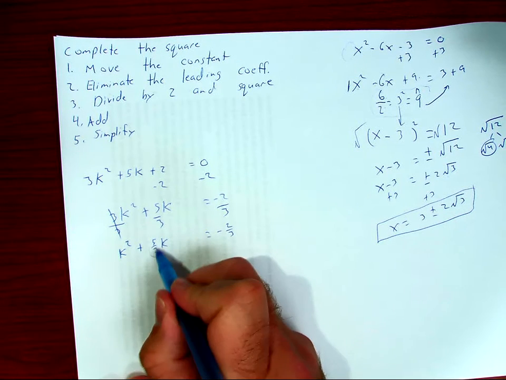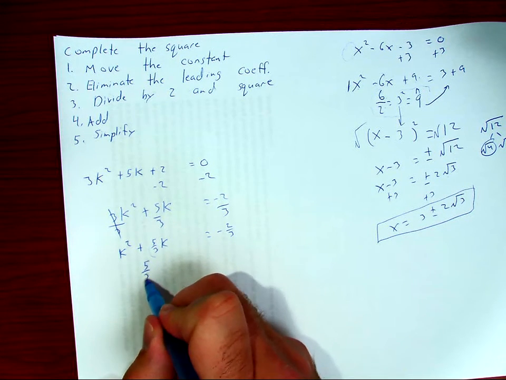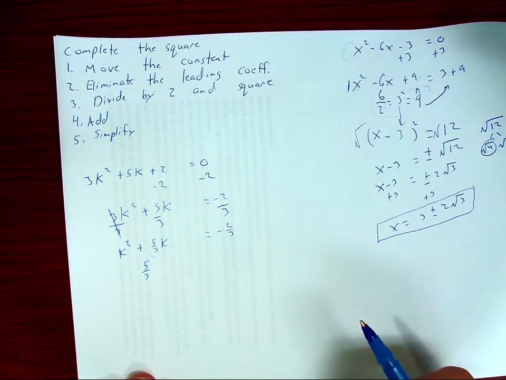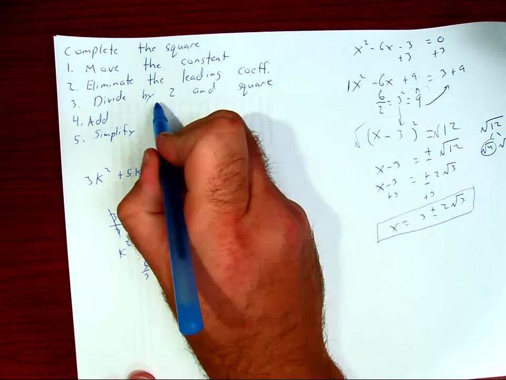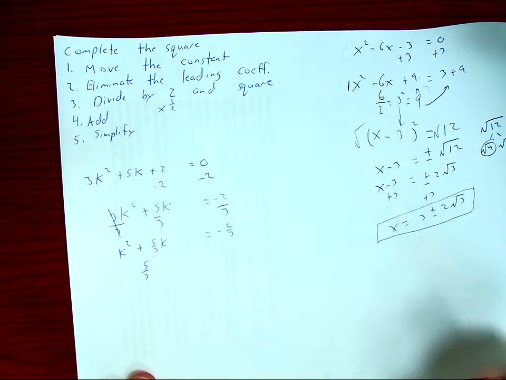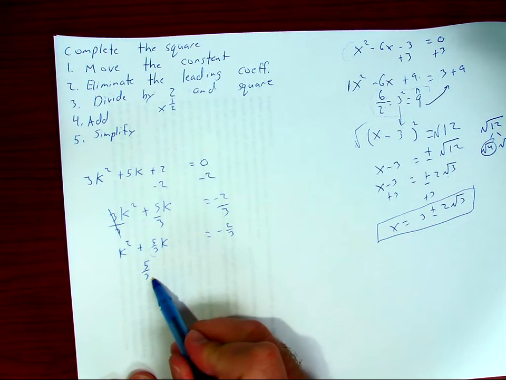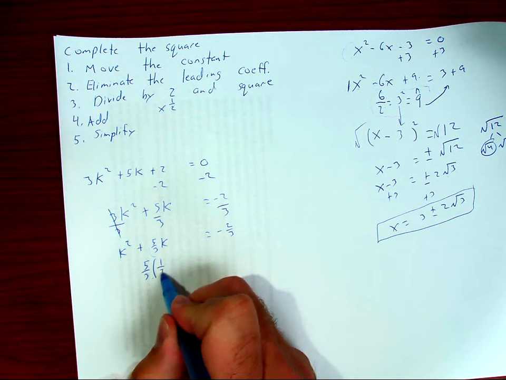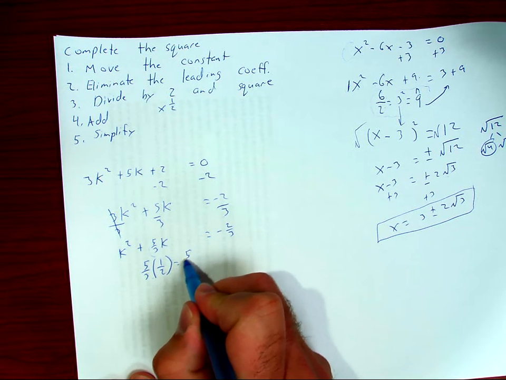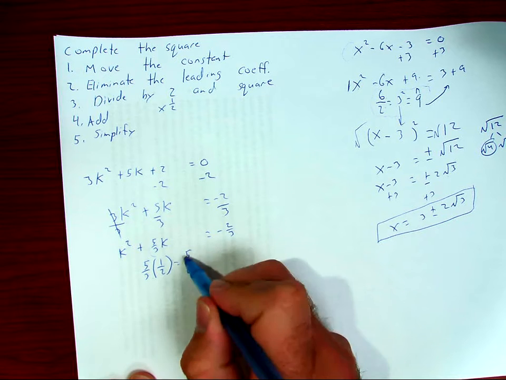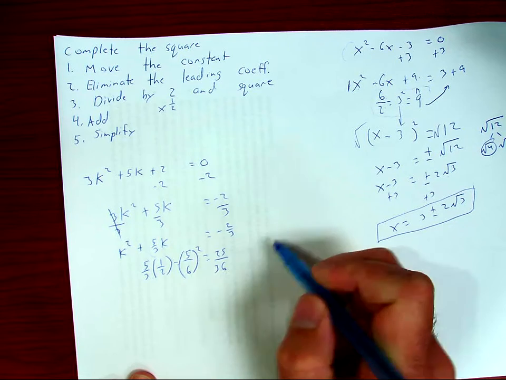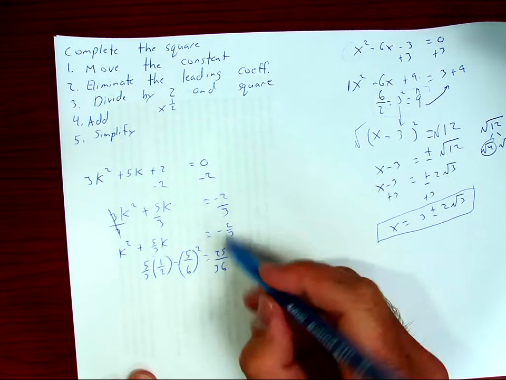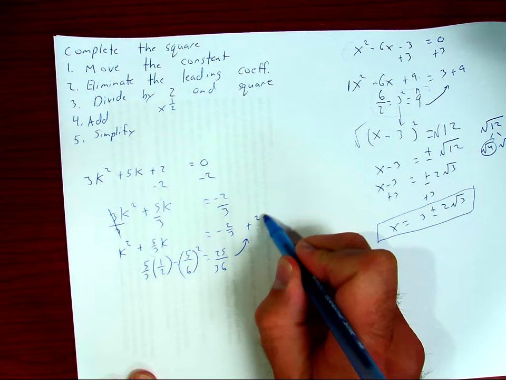Okay, so again, we're going to rewrite this 5/3 underneath the problem. All right, and here's where the trick comes in. Remember that fractions are division. So dividing by 2 is the same as multiplying by 1/2. So we can do our division here just by multiplying by 1/2. We go straight across, giving us 5/6, and then we can square that, giving us 25/36. And we add that to both sides, plus 25/36